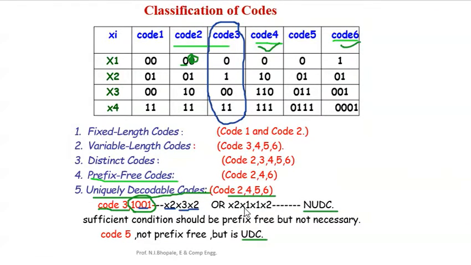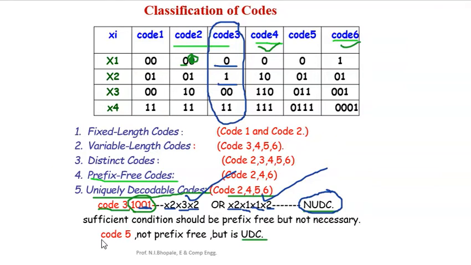Someone may have the perception that x2, x3 and x2 is transmitted. But if the same bit stream is analyzed by some other candidate, he may have a different perception: first 1, that is x2. Next, instead of analyzing the double zero, if he analyzes a single zero, he will conclude that x1 is transmitted. Again the single zero means x1 is transmitted, and finally 1 means x2. So here two different sequences of messages can be sensed. That's why code 3 is called a non-uniquely decodable code.